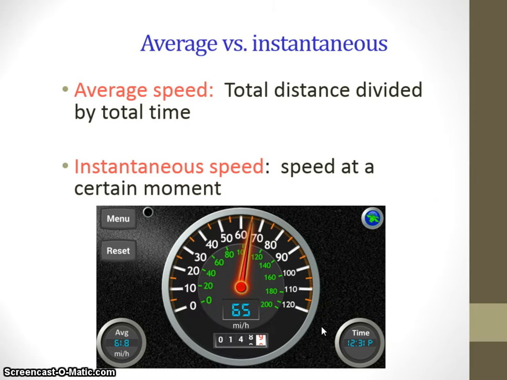Okay, we also use words like average and instantaneous to describe speed. You probably have been in a car and looked at the speedometer, and it tells you how fast. And you may have been in a car that tells you the average speed. So look at this. You can see here's a car moving 65 miles an hour. But then how could it also have an average of 61.8? What's the difference here? Well, this is the instantaneous speed because it's telling you how fast the car is going